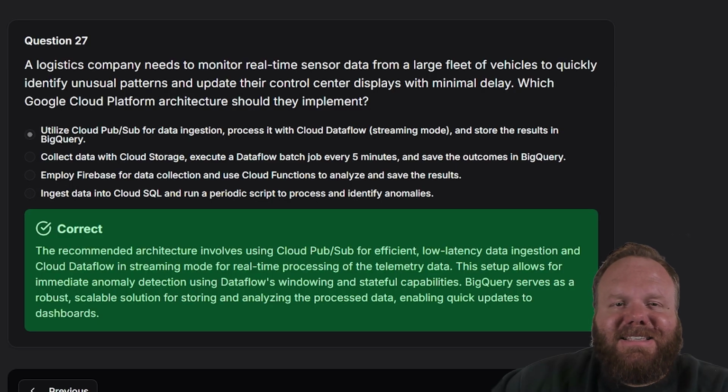The answer here is A, because the best real-time monitoring setup uses Cloud Pub/Sub for quickly collecting data, and then Cloud Dataflow in streaming mode for processing it immediately. And what that does is that it allows for instant anomaly detection. And then in this story, BigQuery would serve as the massive scalable database for storing the processed data and then